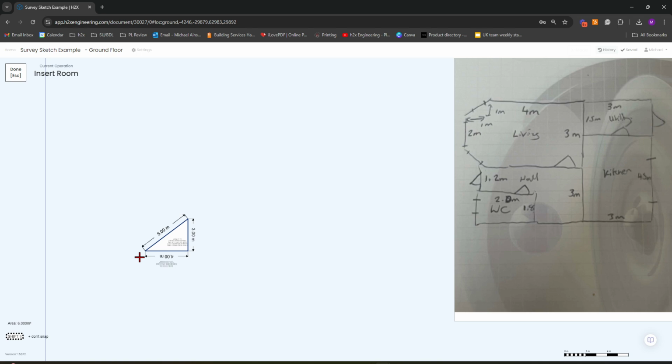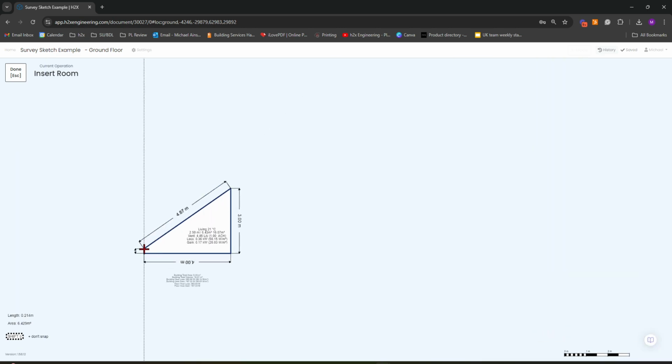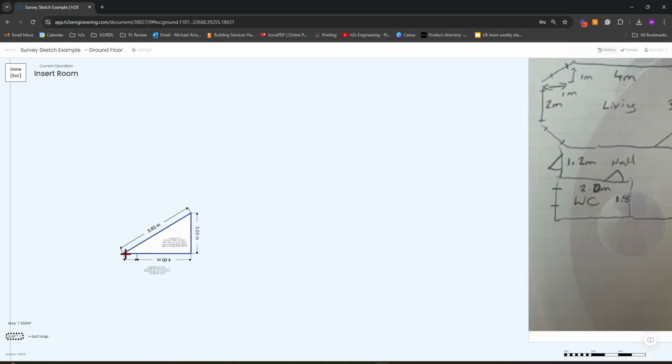Luckily on this example it's both 1 metre, but on whatever example you've got you'll have to have that information handy to do this. So we're going to want to go out 1 metre from our 4 metre point there. So go out 1, hit enter, that'll set that point. Go back in, or in that direction, 1 metre, hit enter, and that'll set that point. And go 2 meters as it's marked, and then we'll set the